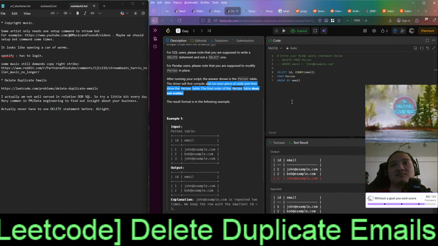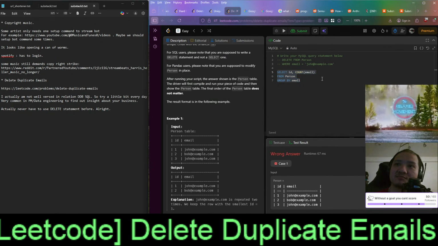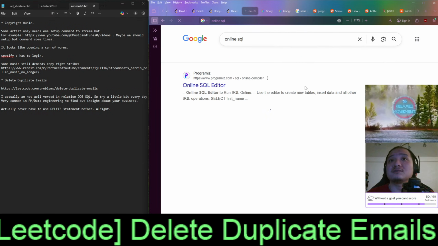So we can't debug. It seems like they're gonna run this and give us the output here, but we can't debug what we have here. So that means somehow we gotta use online SQL.